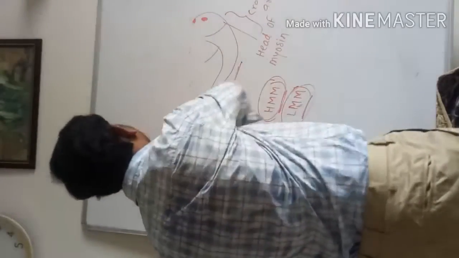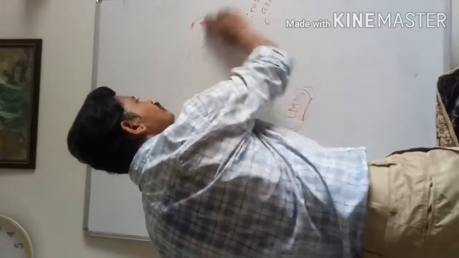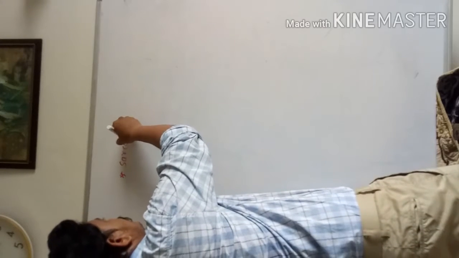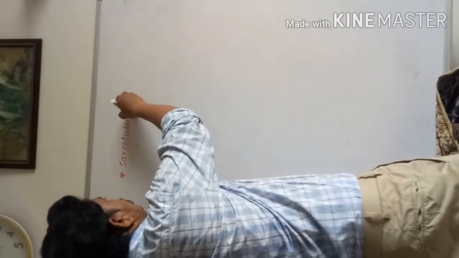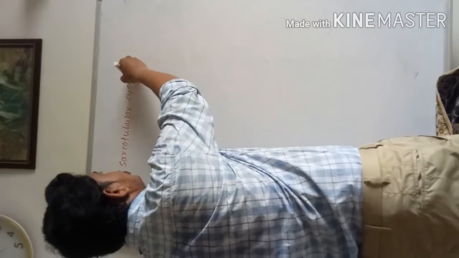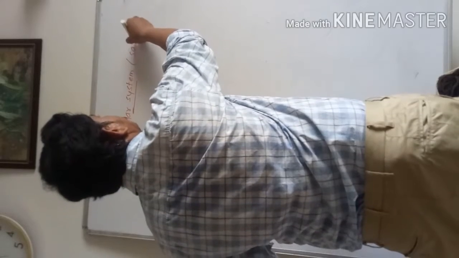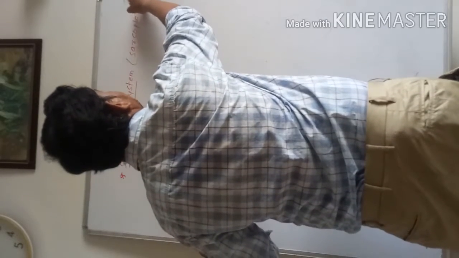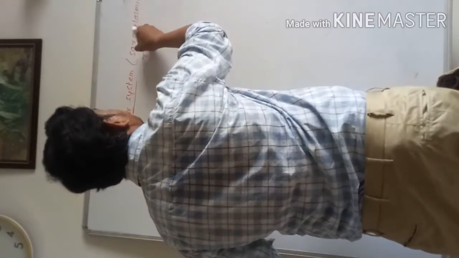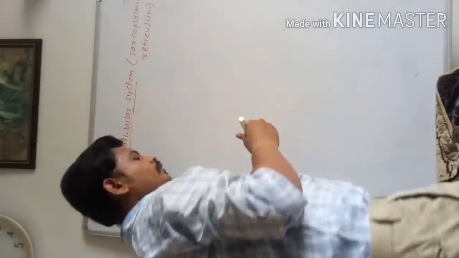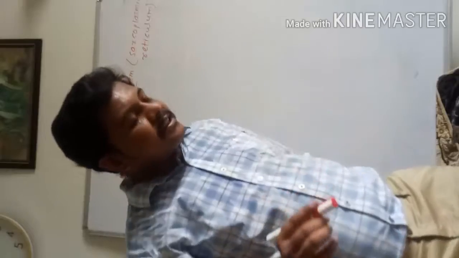Now you must remember one more important thing, that is the sarcotubular system. What is the sarcotubular system? Sarcotubular system means sarcoplasmic reticulum। जैसे कि हमने डिस्कस किया इससे पहले,